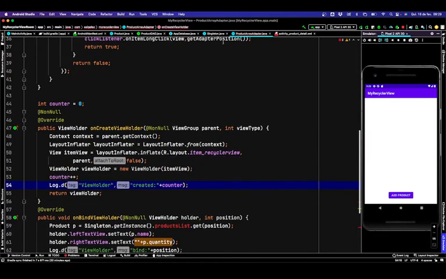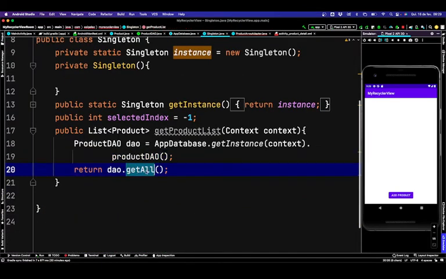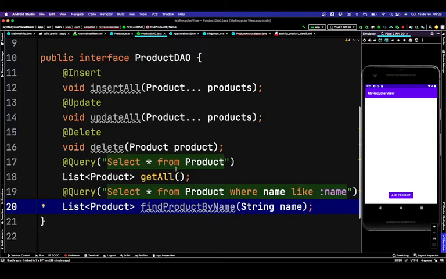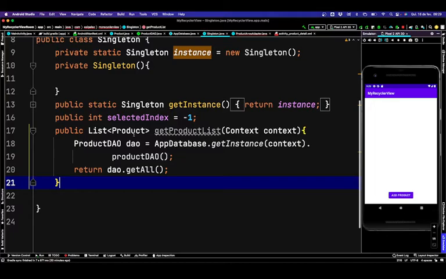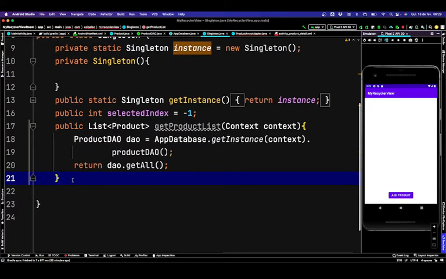So we have this function to get all that will get all the products for us. So all the functions that we implement here on the DAO are all the functions that you can use to interact with the database. So we have here to get